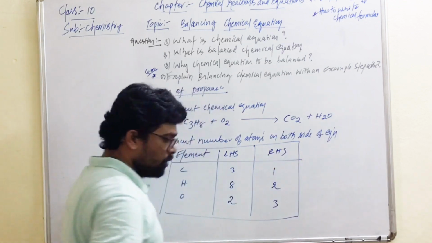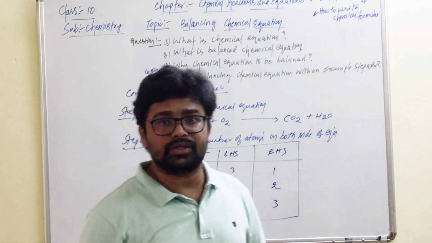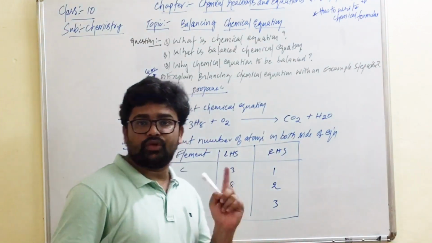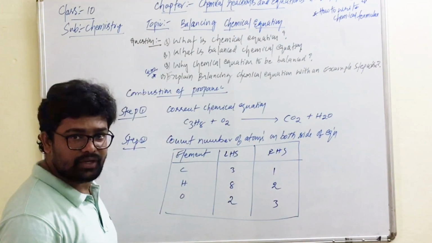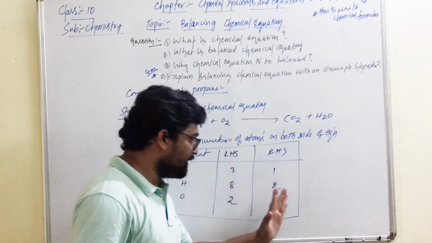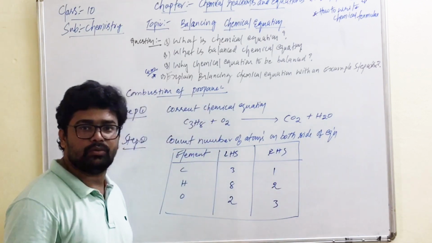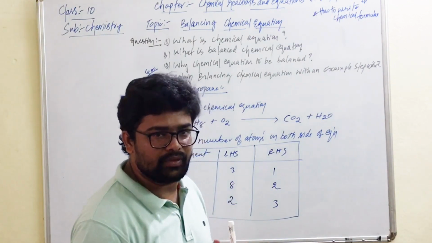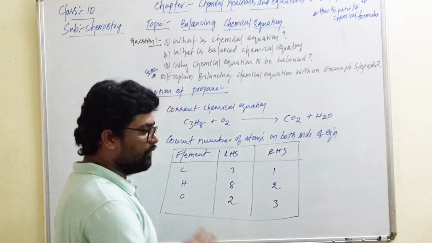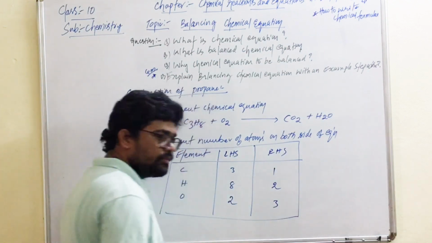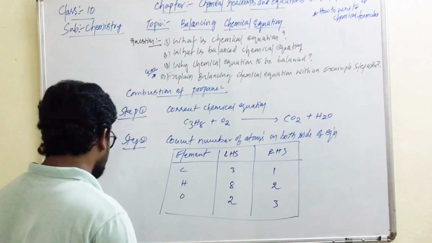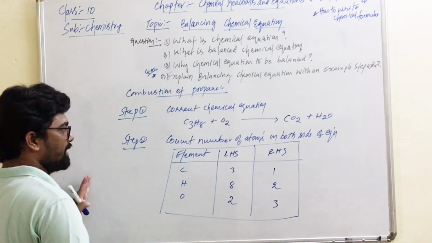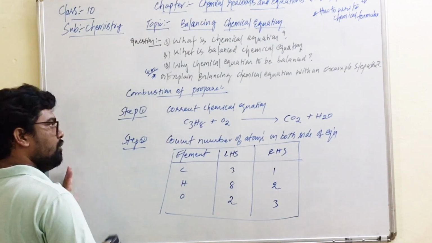Is it clear? What is the first step? You have to write a correct chemical equation by using symbols and formulas. Second, we have to count the number of atoms on both sides of the equation, on the left hand side and right hand side. Are these numbers of atoms equal? No. If they are not equal, we need to proceed to the next step. If they are equal, we end there, and we write our balanced equation. Now let us move to the third step. What is the first step? The correct chemical formula. Second step, counting the number of atoms on both sides.